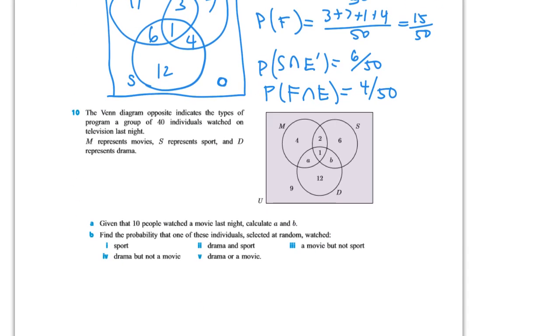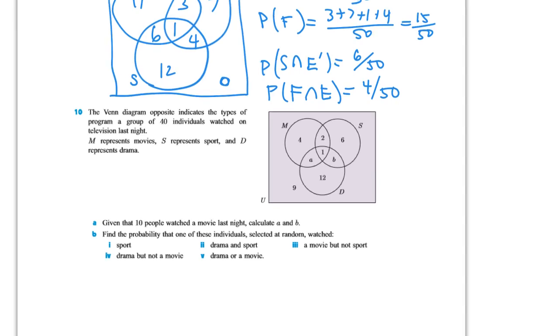One more problem already filled out. We've got a 3-circle Venn showing 40 individuals. The universe has 40 people. Let's put that 40 here. Who watch TV. So M is movies, S is sports, D is drama. Given that 10 people watched a movie last night, find A and B. So if the M circle has a total of 10 people in it,